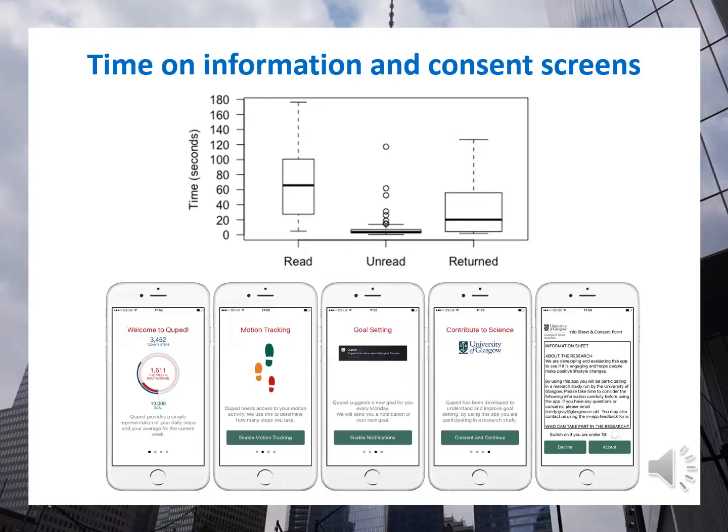For those who scrolled to the bottom of the information screen, the median time was 65 seconds, about a minute. And for those who did not, it was 3.7 seconds. So they looked at the license agreement, did not scroll down, and just accepted it without even reading it. The median time spent on the information via settings was 20 seconds. These figures are somewhat more indicative that people are reading the information